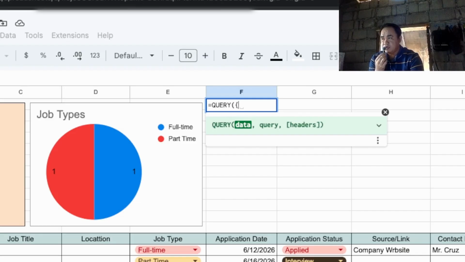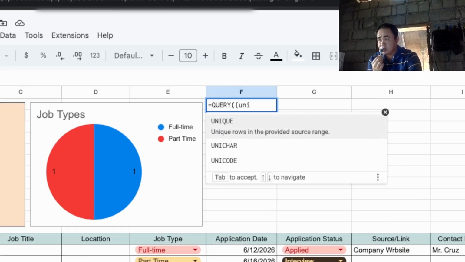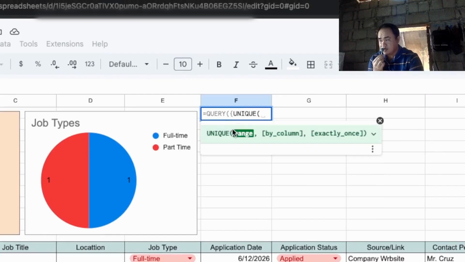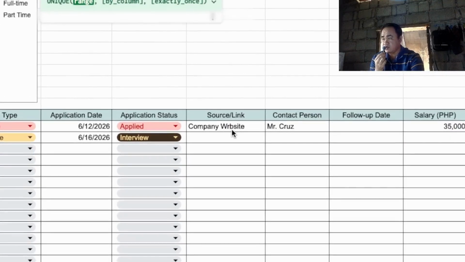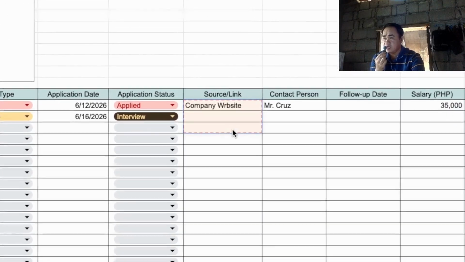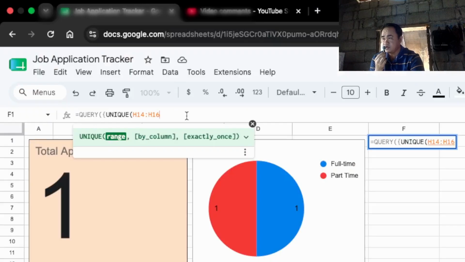So you can just copy this formula. Okay, so because when I enter formula on the description, YouTube doesn't accept this, so you can just screenshot this. Okay, so you can type unique, and then we're going to select our company column. So our company column starts at A14. So you can see this, guys, and then delete the end cell reference to select the whole column from A14 up to the last row.